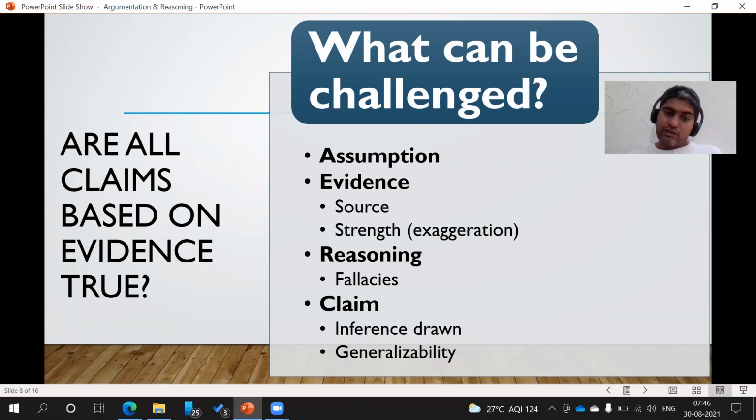In terms of source, we can look at the reliability of the source. Say the gyan that you get over Facebook or WhatsApp, is that true? If you are to believe a news article, will you believe Z News, or will you believe, say, The Hindu or NDTV more than Z News? We can also look at sources in terms of who is making this claim.